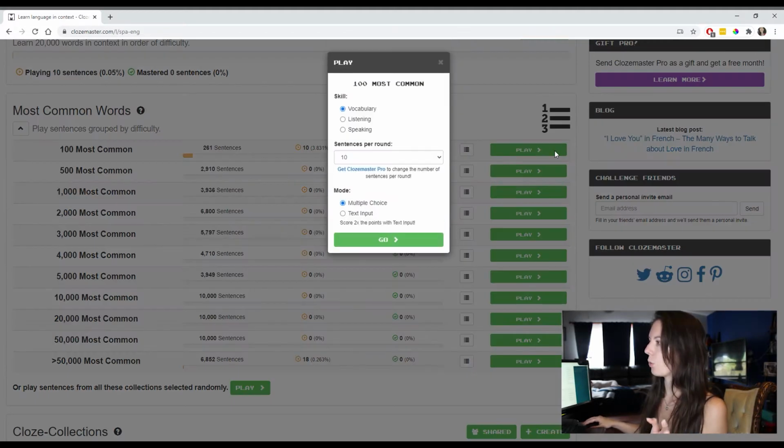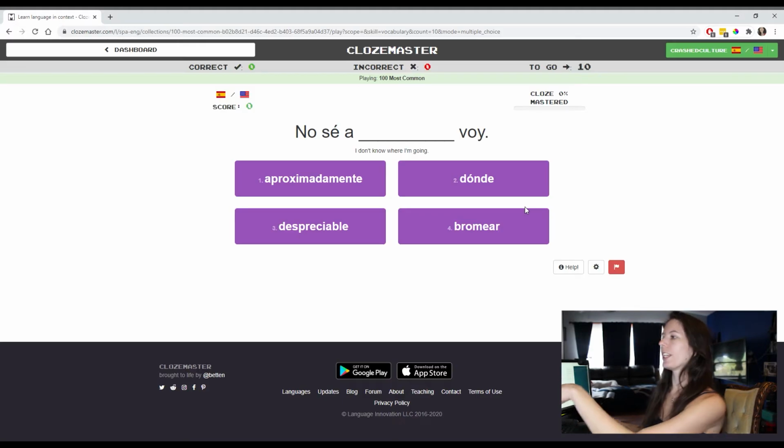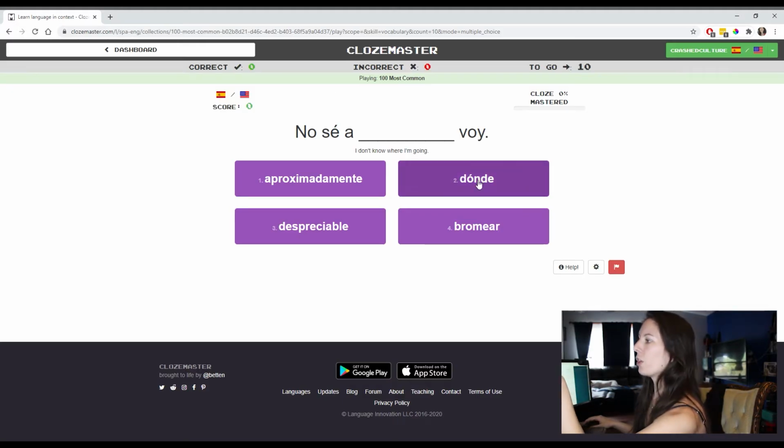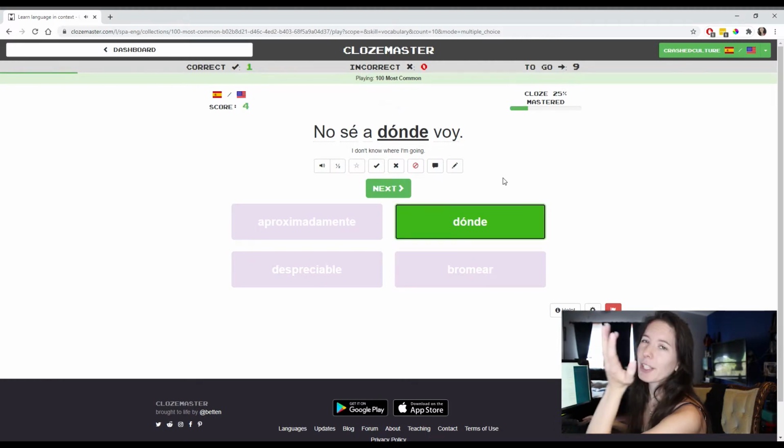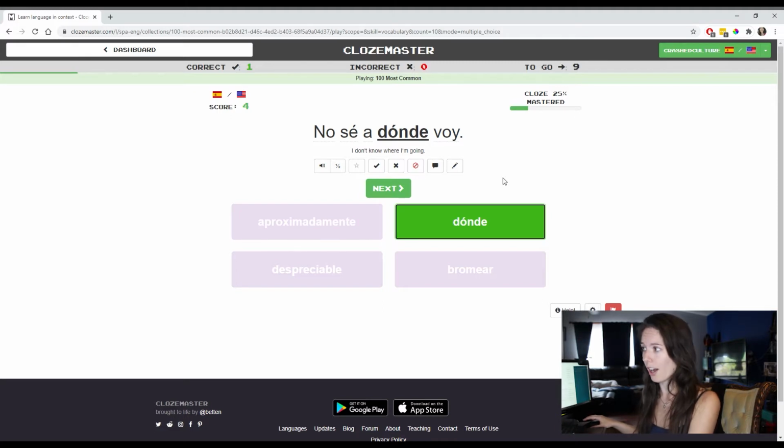Let's just take a look at what this means. First thing you get is skill: vocabulary, listening, and speaking, which is awesome. Since per round is 10 multiple choice, I'm going to do multiple choice just to make it easier. Let's start with vocabulary. You see, the word is donde. No sé a dónde voy. You see what I mean? The word itself is beginner. Yes, that is a beginner word, but that context